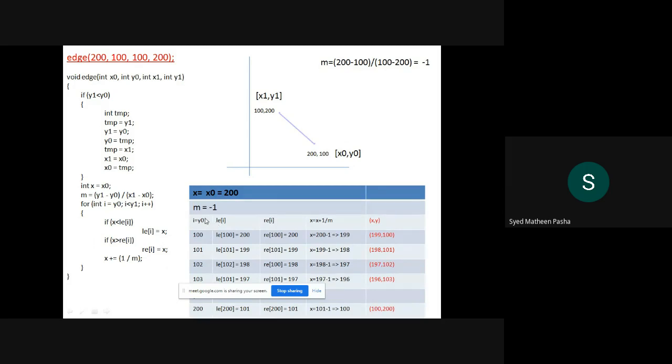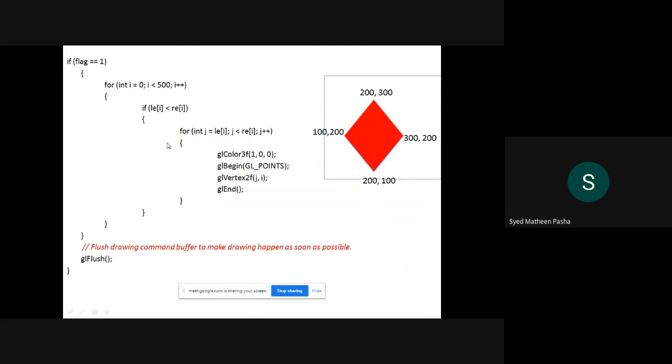So these are the manual calculations done with respect to this particular left edge as well as right edge with respect to some slope. The slope we got here is -1. So related to that slope, I'll be calculating the values of x and y. Once the edge is done, I will check if flag equals 1. If so, I will start performing the function where the index will be equated to 0, and again the same condition is checked. Now check out the if here.